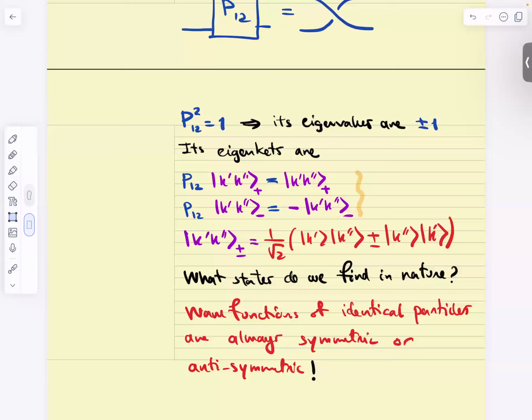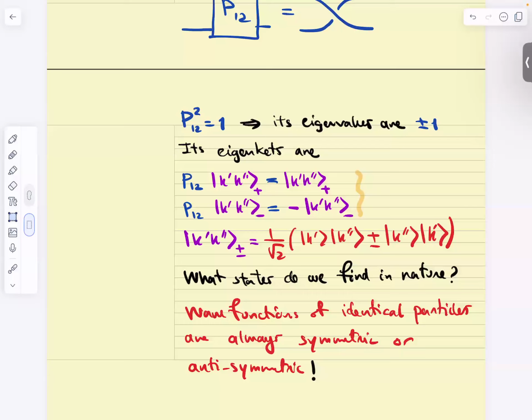It's a consequence of relativity, but we don't know that. Okay? It's just a fact. It is part of the postulate. When I write the postulate, I'm gonna say this. When people discovered this, it predates quantum field theory. So this was taken as one of the axioms or postulates of quantum mechanics.